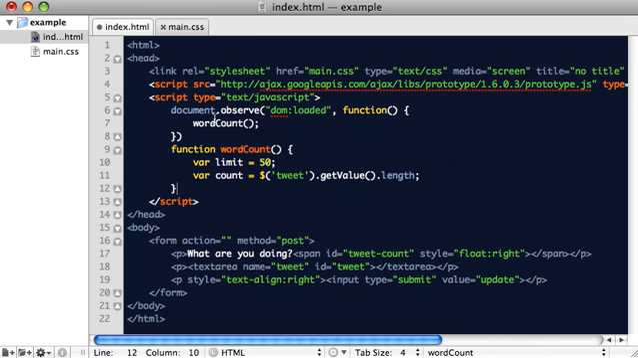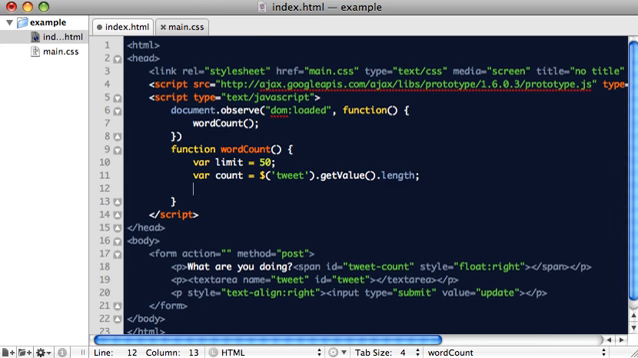Right now, as you can see, even though we're running this word count, we haven't put anything in it yet. So let's do that. Here, I'm going to access tweet count, and I'm going to update it, which is another prototype function that basically is going to insert text right here. And I'm going to update it with